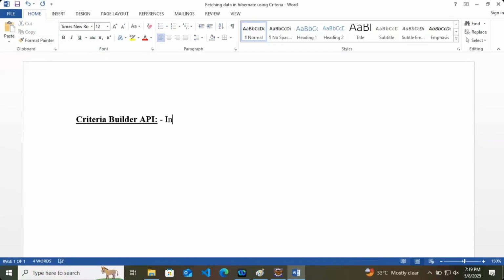We can write that in Java, criteria builder is a part of Jakarta Persistence API, JPA. Earlier it was Java Persistence API. Now we just call it Java or Jakarta. Both you can call. There is no problem.